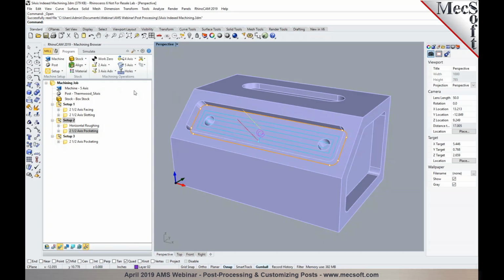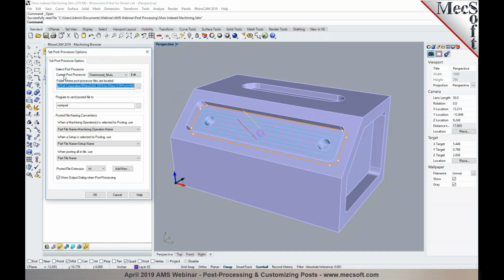So just to quickly summarize here, we covered posting of 2 and 3-axis operations, 4-axis, and also 5-axis operation types. We talked about set post processor options, selecting a post processor, the program to send the posted file to, which can be changed to a program of your choice, and then the naming conventions for the posted output file and